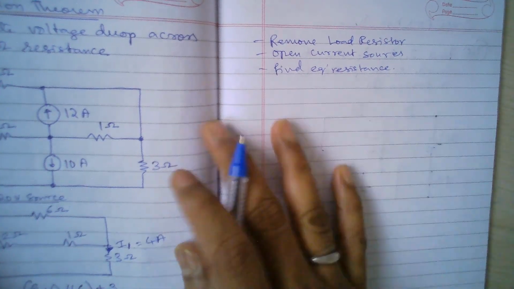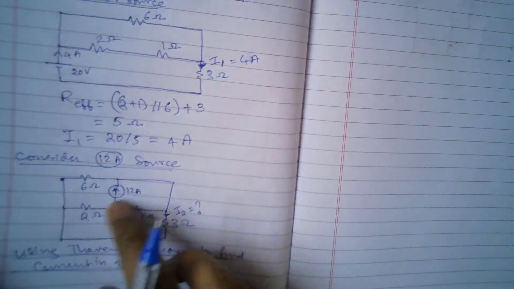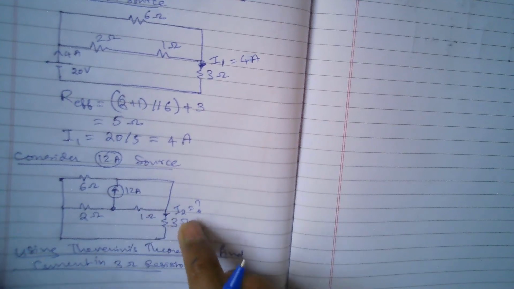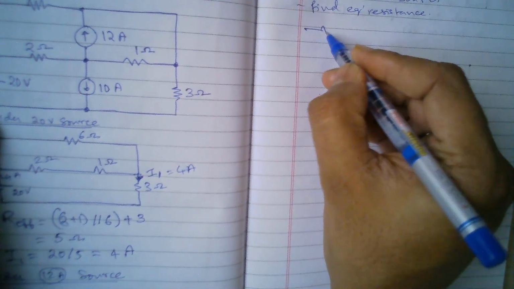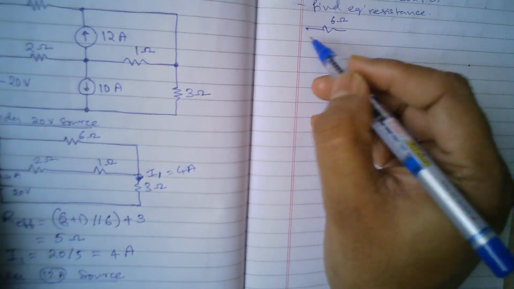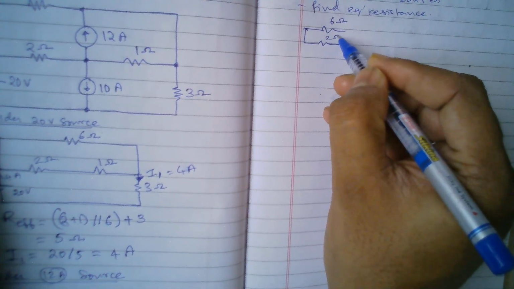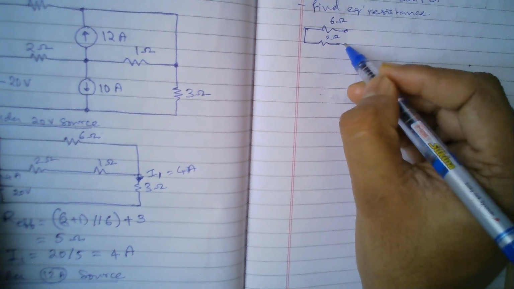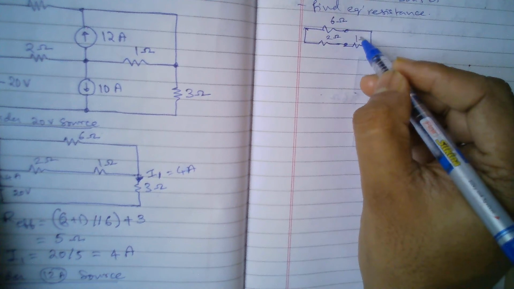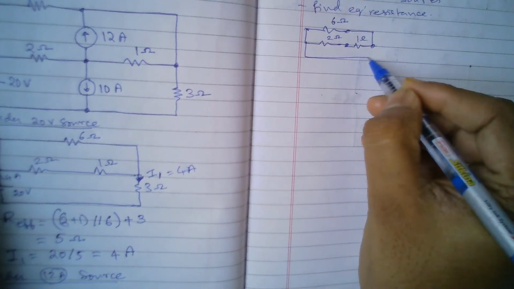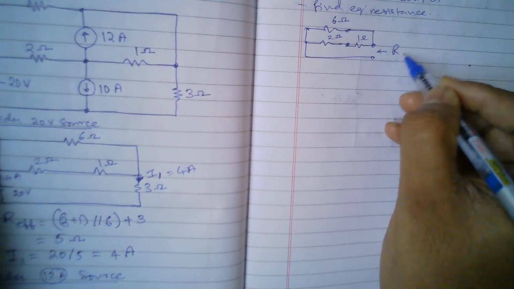So here in this circuit, I will open circuit the current source and remove the 3 ohm resistance and find the resistance between these 2 points. Okay, so I'll get something like this: 6 ohms, then 2 ohms, then here it is open circuited, then here it is closed. Here I have 1 ohm,